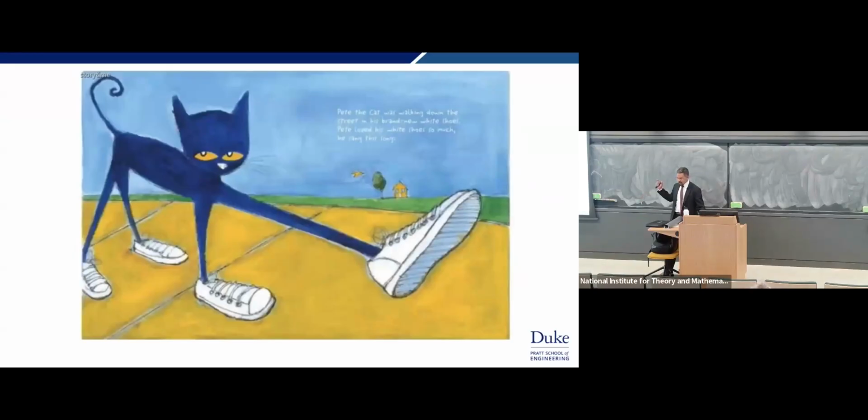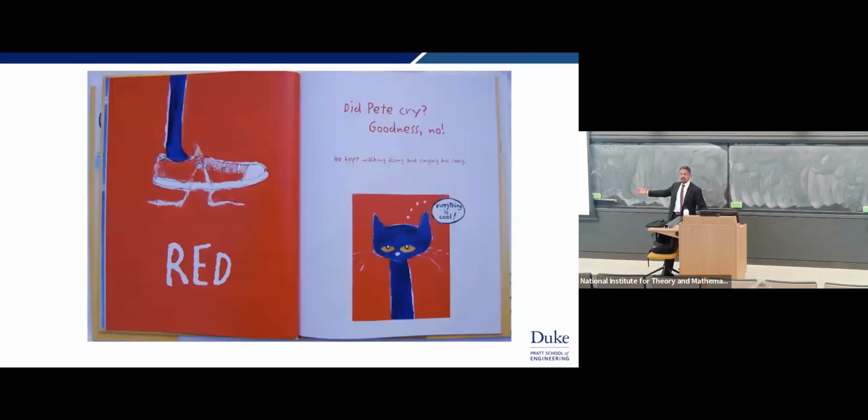So what do we do, right? This right here is one of my kids' favorite stories, favorite characters, this guy named Pete the Cat. He is walking along, wearing white shoes, singing a song about how much he loves his white shoes, and then he winds up stepping in a pile of red strawberries and turns his shoes red.